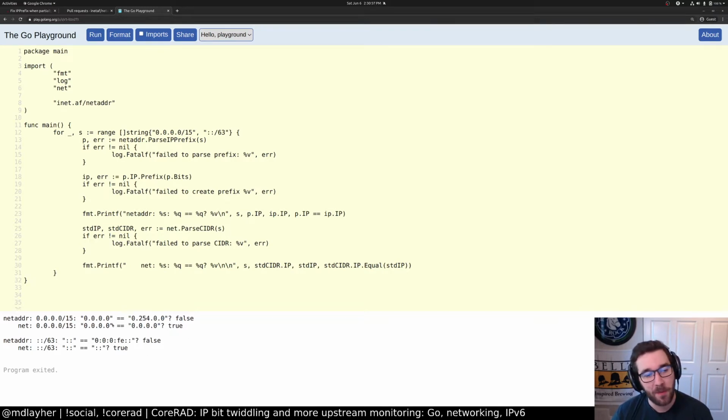And it turns out the same problem applies to v4. So if we have 0000/15, it produces 025400. So it turns out I'm pretty bad at bit math. So it looks like Dave's got a pretty good handle on that at the moment. So I think I'm going to write benchmarks for the netaddr package. In my case, it's not that big of a deal if it's slow, but I think it's probably a good open source citizen thing to do, to write benchmarks, so we'll do that.